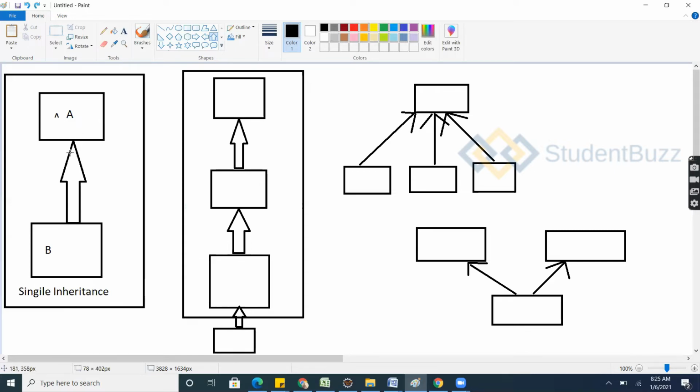A single level, a single inheritance. It's a multi-level. It will have D extends C, C extends B, B extends A. So it's fine. And what if I have four people? Only one person is earning money in the family.